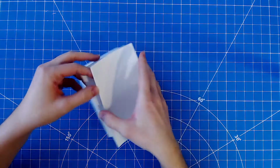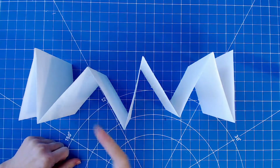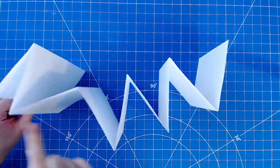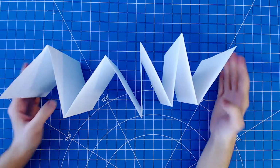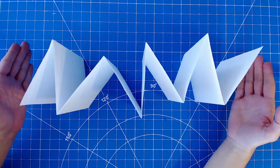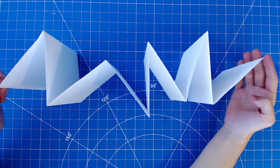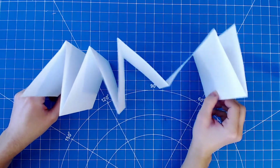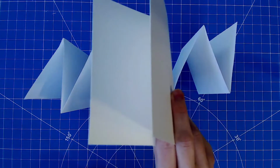Essentially, you just work with one large continuous sheet and fold your paper in an accordion style. So this is one long continuous sheet. There is no glue attached at any point fusing these paper segments together. This is all just one long sheet. If you have an 18 by 24, you can go ahead and cut that sheet down to 6 inches tall, and then just cut this lengthwise to 24, and then I believe you'll get pretty close to the page requirement for this project. If not, you may end up having to do an additional sheet or something like that